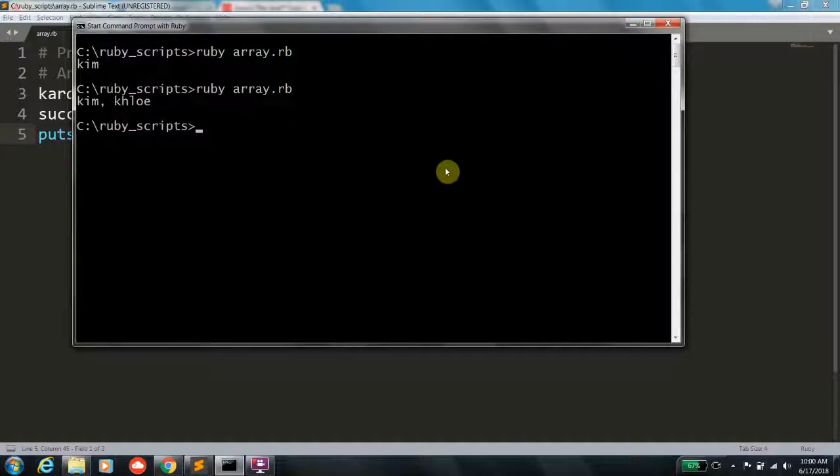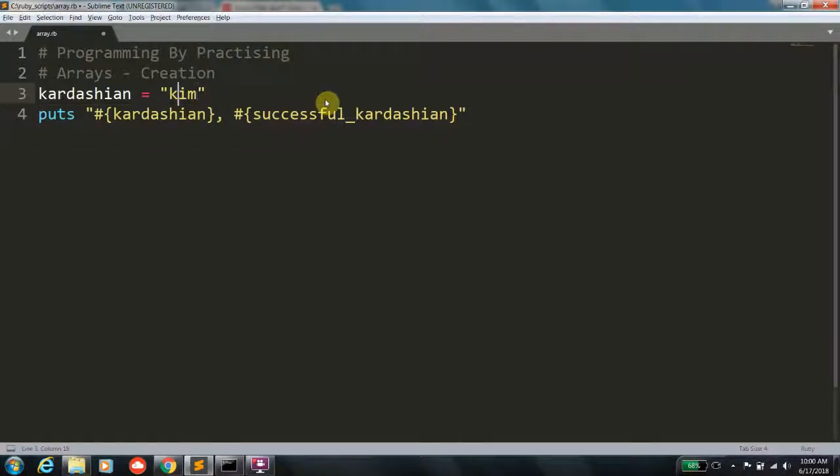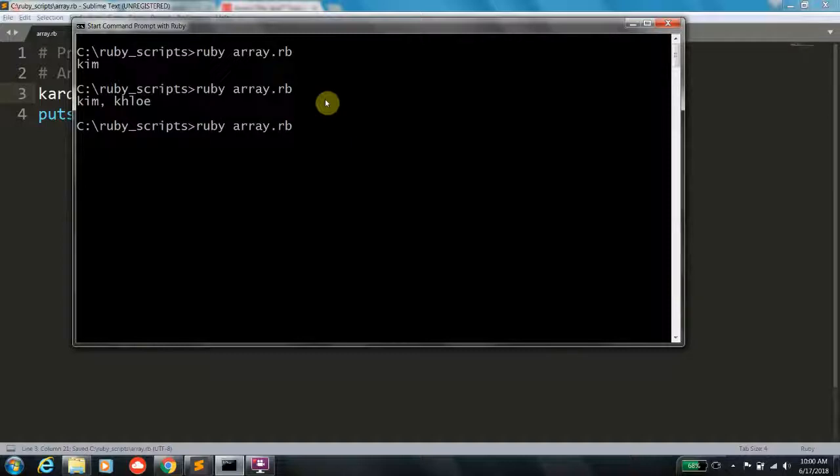So this is getting a bit tedious. If you want to define all the 5 famous people in the Kardashian family, you have to declare 5 different variables. In order to reduce this burden, we have a construct called arrays. In this, what you just do is you use square brackets and you enclose the value within the square brackets, and now if you try to print it,